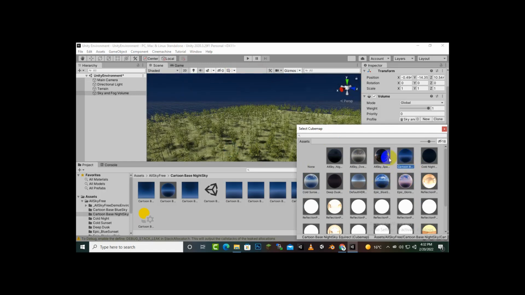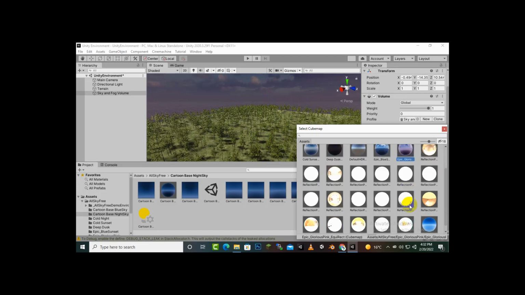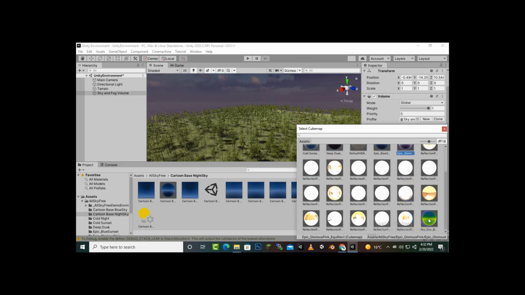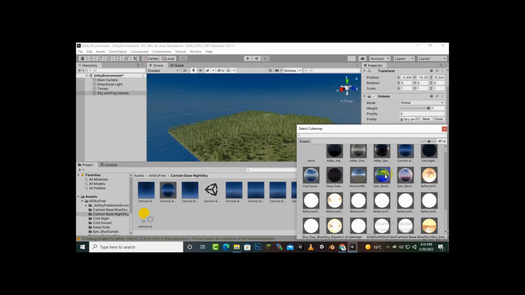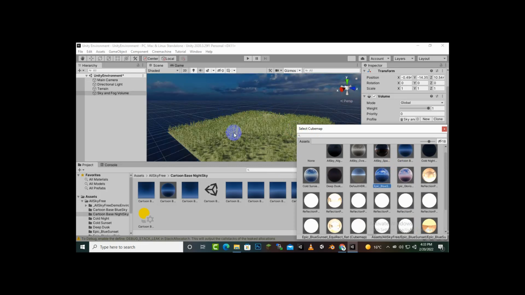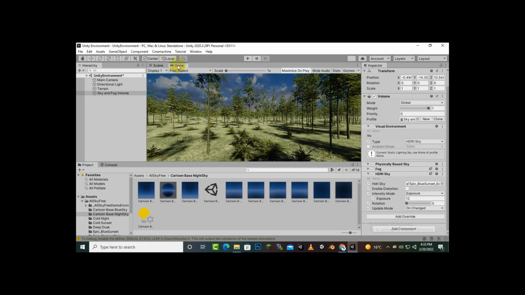Go to Cartoon. We have some others as well or not? Yeah, this one is also good. And Sky Day, this is the simple one. So I think that this one is quite good. Okay, and that's good. If we go to game view, you can see here that we have the skybox,